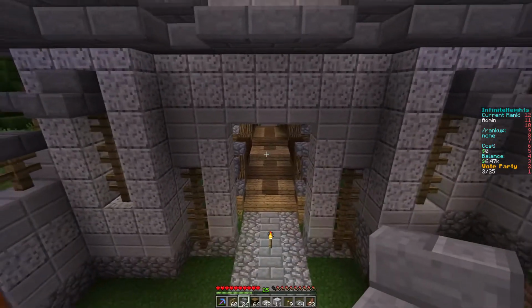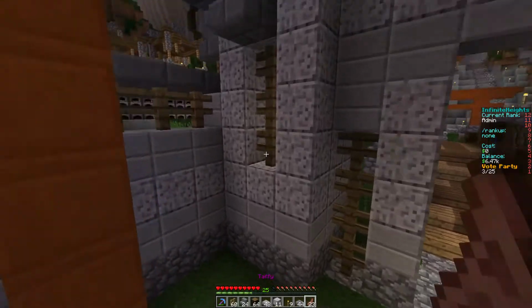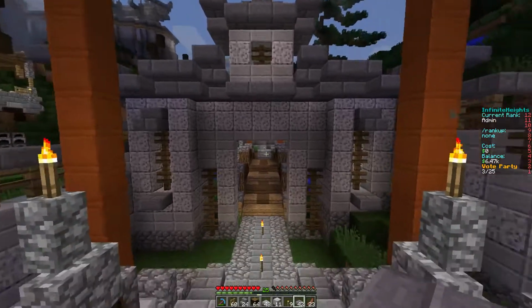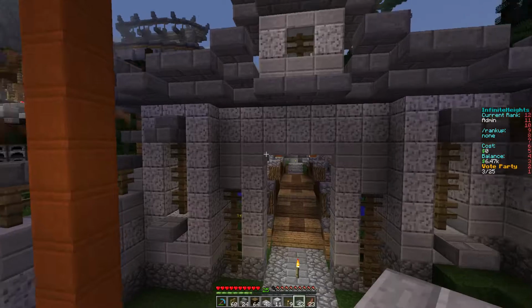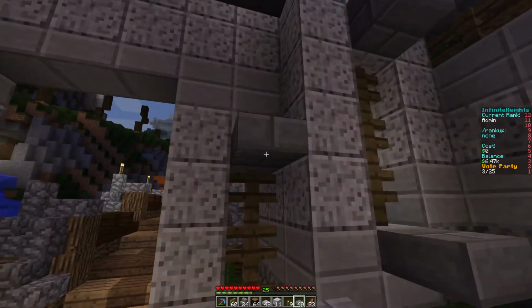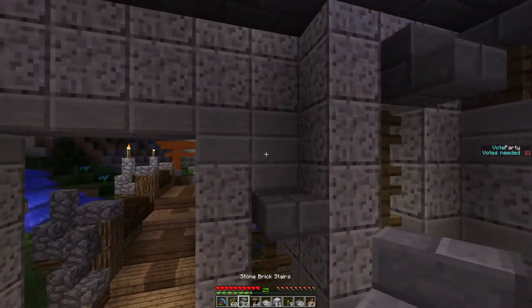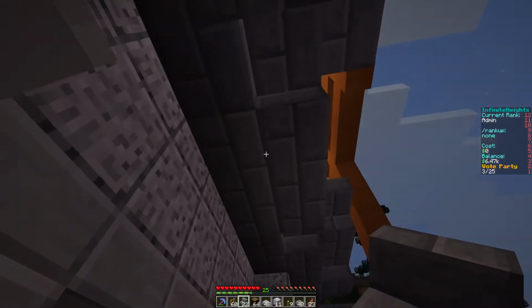I think we need something else in the middle here. Get these sills down too. Something else in the middle here that maybe can have a light source of some kind, because it's a little dim in there. What about...